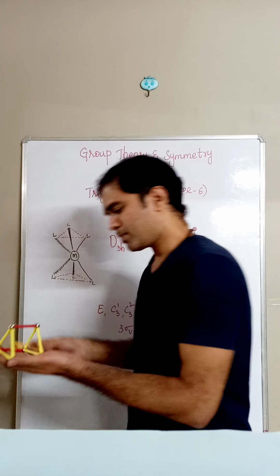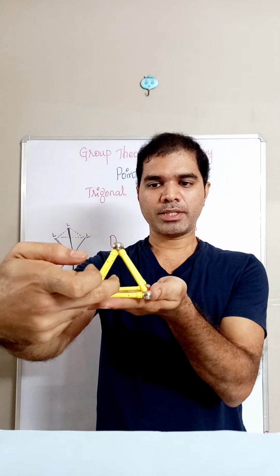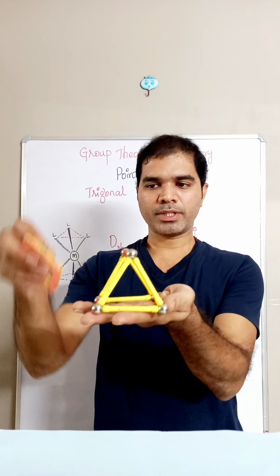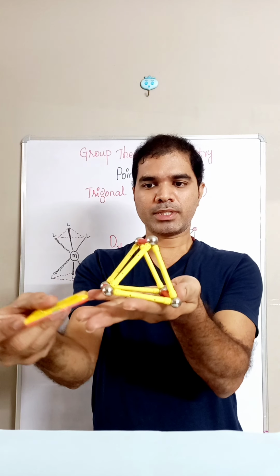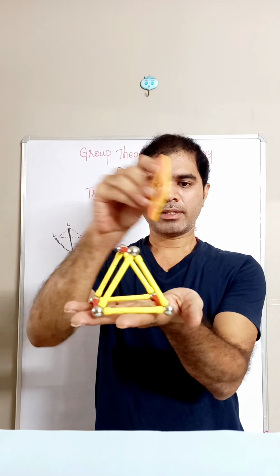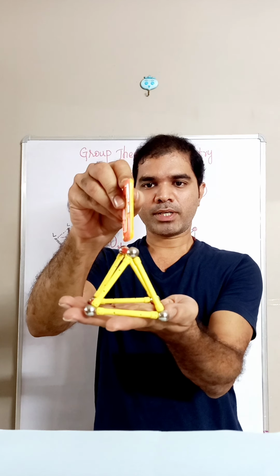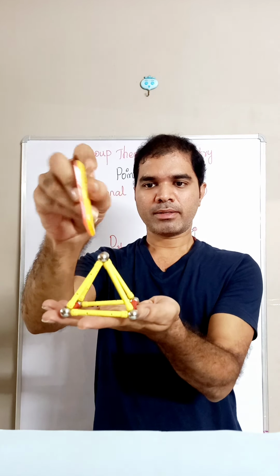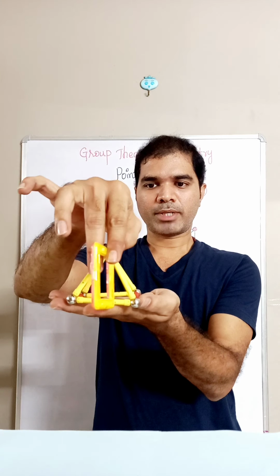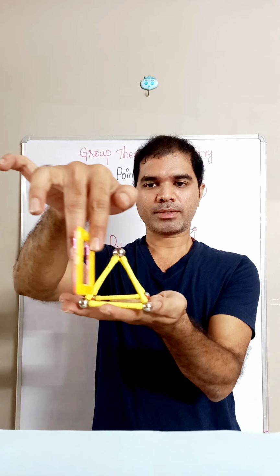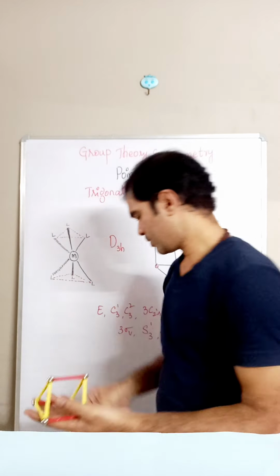I'm just trying to show you the planes from here. This is the C3 rotational axis that is pointing towards you. With respect to that, now this will be one plane, this is a second plane, and this is a third plane. One plane you can very clearly see. Since this is the rotational axis, it is parallel to it. So it can bisect the molecule into symmetric halves. Okay, so these are the symmetry elements present.